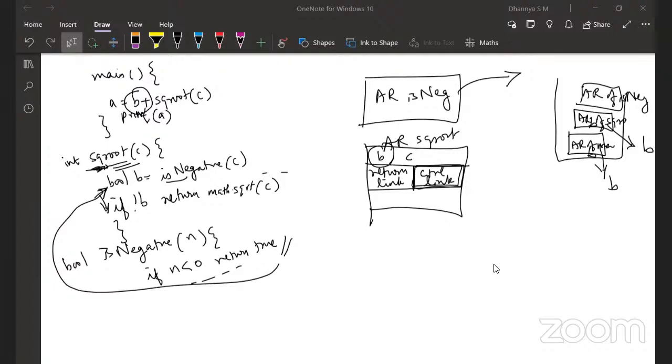First question: there can be more than one return link, right? If the calling method has two values to be computed, for example, E is negative plus E is positive, then first it executes E is negative, and once that is done, this record is popped out. The return link is there and it knows that value.